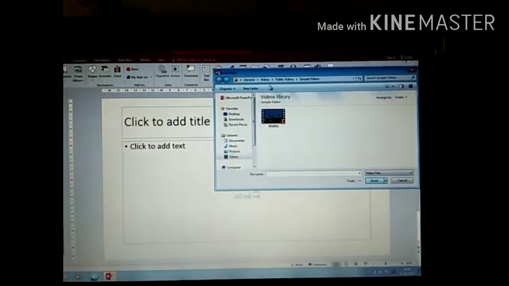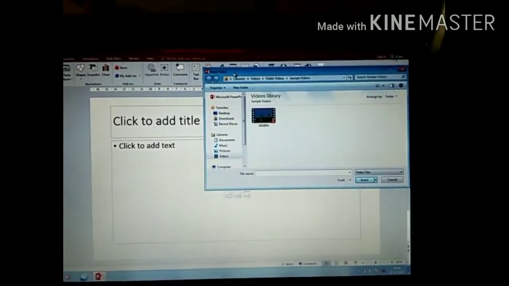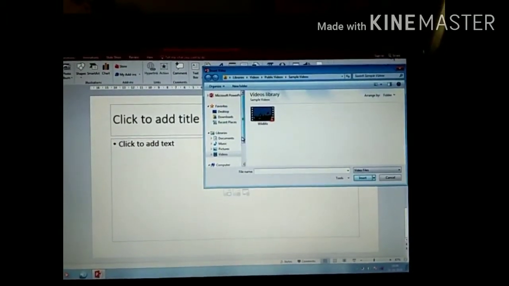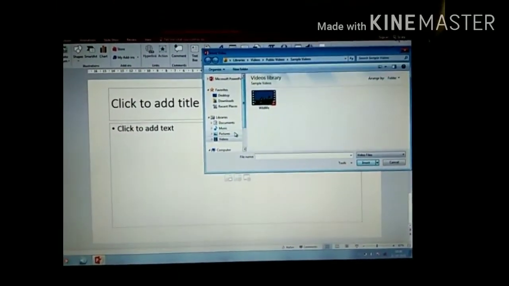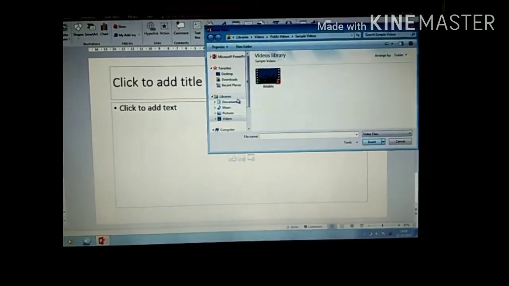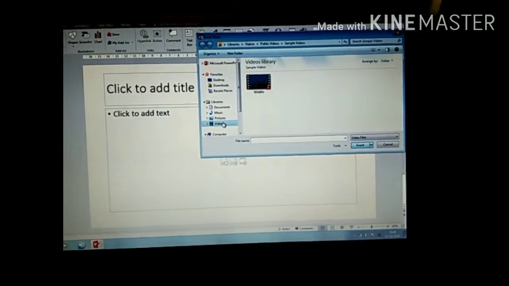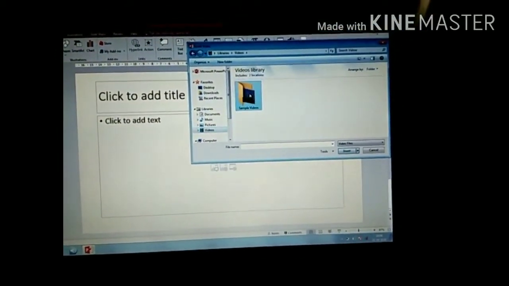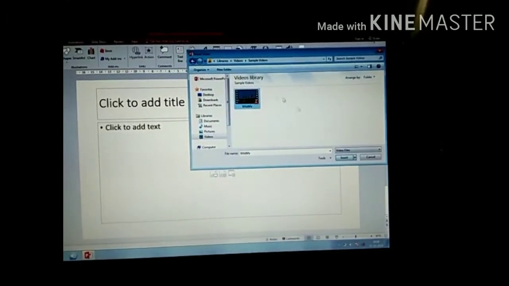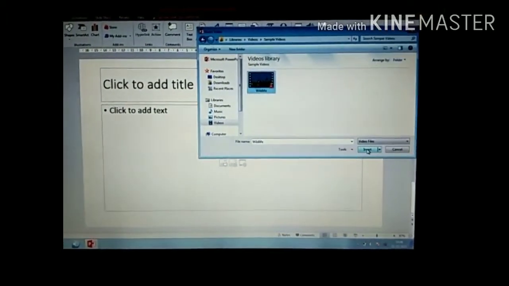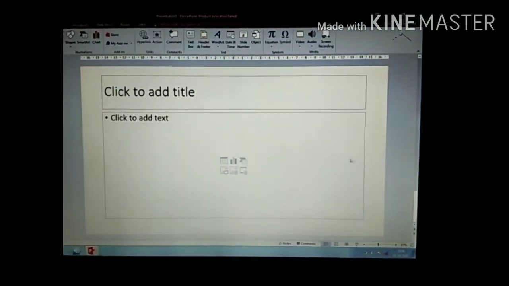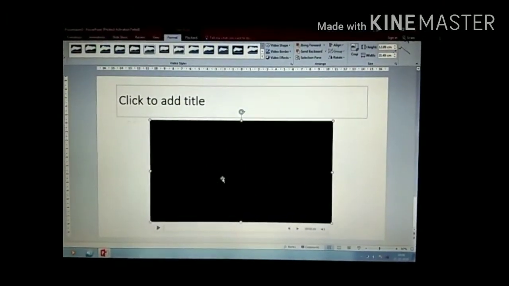Click on it, and you will get the insert dialog box. Then you have to search for the video in your computer memory. I have only one video in my computer, so I will select it. Select that video and click on the insert option. So you will get the video over here.